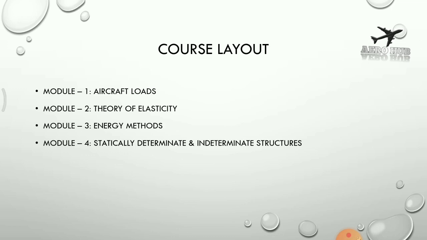Most of the earlier airframes used truss type structures, so we will be completely analyzing a truss structure in this chapter. In module 5, we'll discuss a number of failure theories, which are really important from the GATE point of view for both aeronautical and mechanical students. We will see different types of failure theory and how they can be applied to find out whether a structure has failed at a particular loading condition.